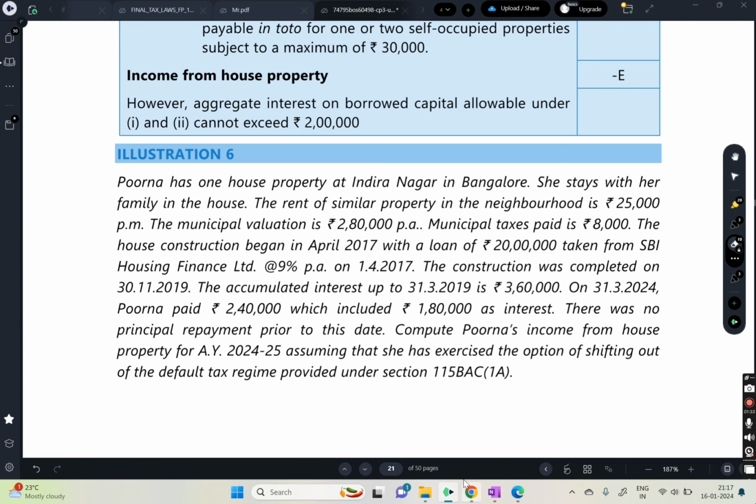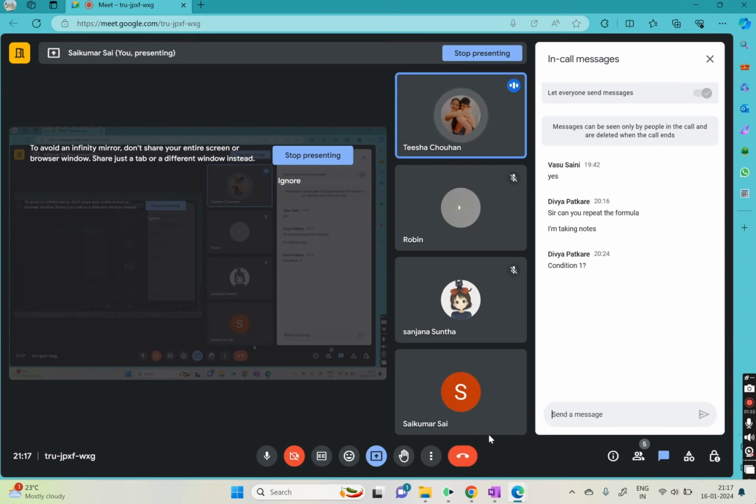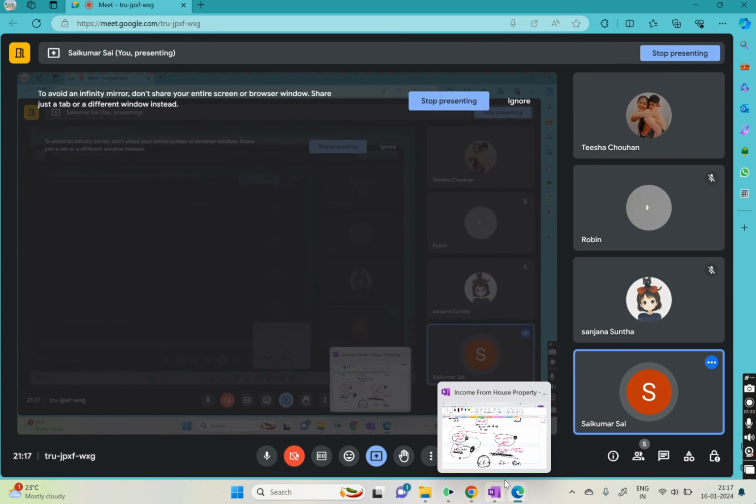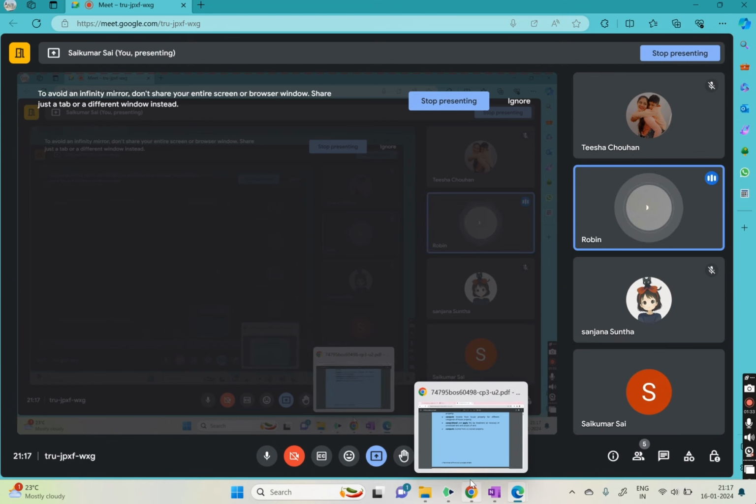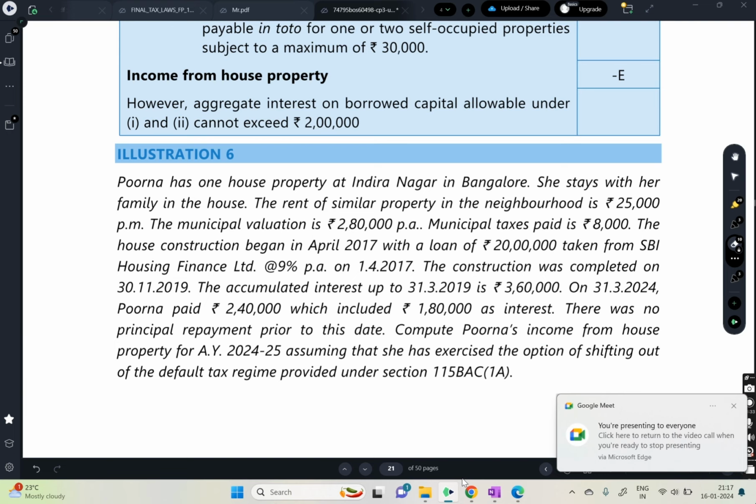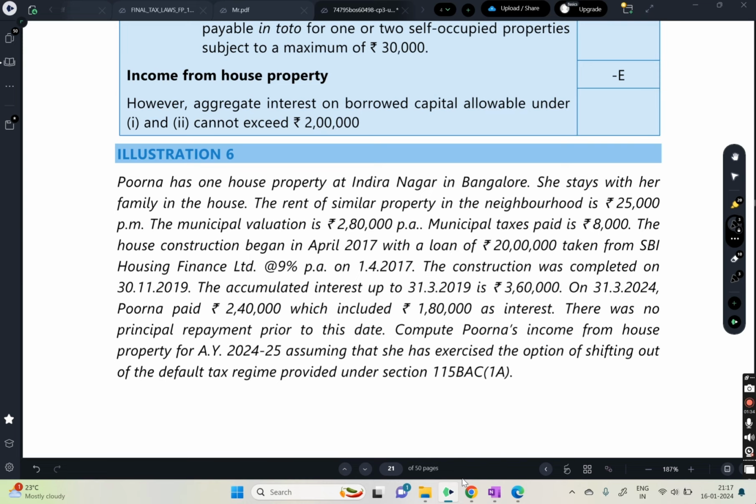Is everybody still there or gone? Yes, sir. Still there. Only Robin and Sanjana, 3 people only there. Fine. Are you guys understanding, right? Because that's important. If you're not understanding, I might be going a little bit fast here. So after that, you can use the concept, whatever the notes I have written here, and solve any problem. Make sure that the notes are important, and you can use this video again and then solve the problems.